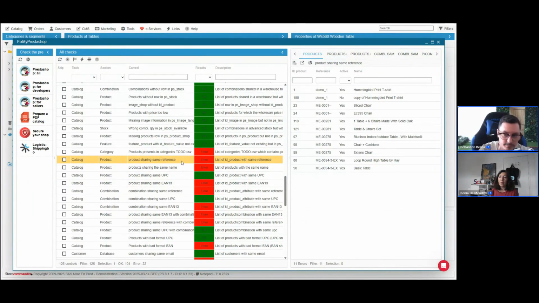Careful with all that. When you have thousands of references on your shop, you can't just check every single one or do exports and then compare your files. That would simply take too long. Fix My PrestaShop is a tool made to simplify your daily life with everything. So don't hesitate to scan regularly to make sure you don't have duplicate references or names or UPC